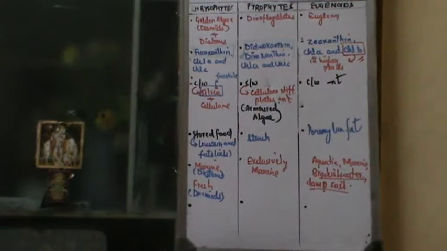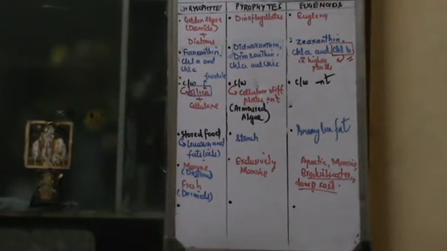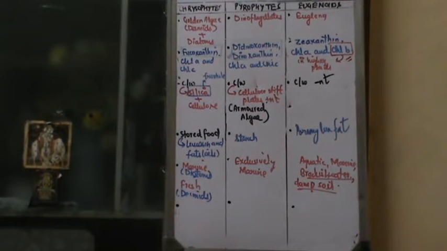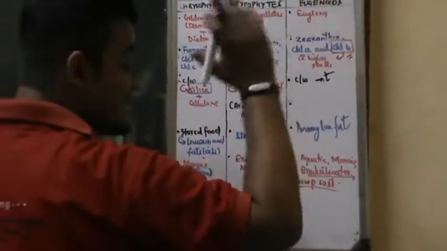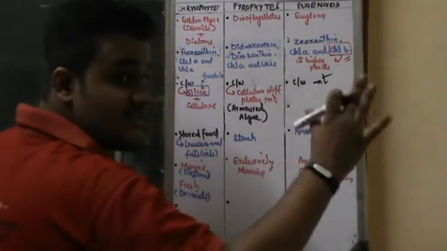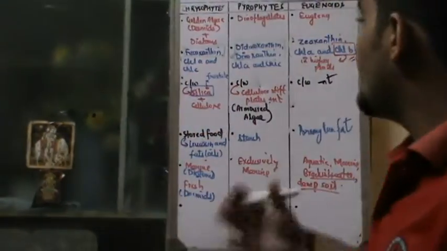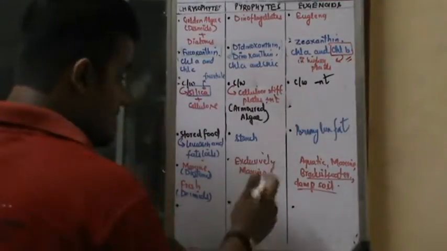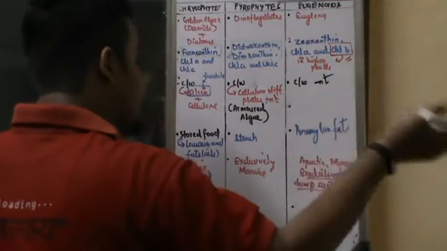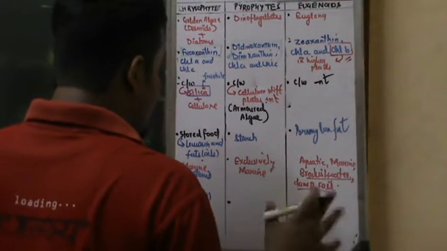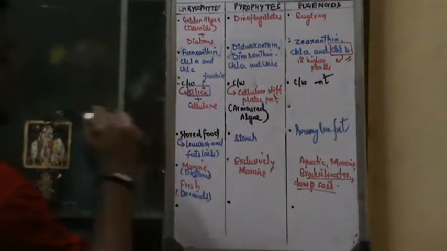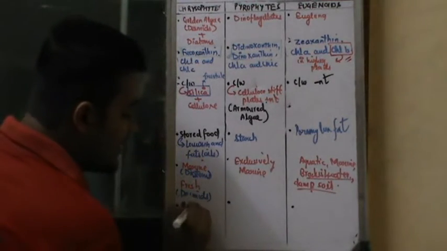Stored food हो गया, cell wall हो गया, pigments हो गए. Then you have to remember the flagella, very important. Pyrophytes are called the protistan with two flagella. Seriously, it's NCERT exemplar that has been given by NCERT. The protistan with two flagella is going to be pyrophytes. हमेशा देखना, there are two types of flagella. One is called transverse flagella, other is called longitudinal flagella. I'll discuss this first. Chrysophytes are हमेशा देखना immotile in nature.